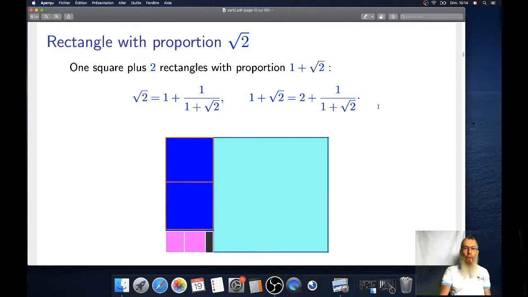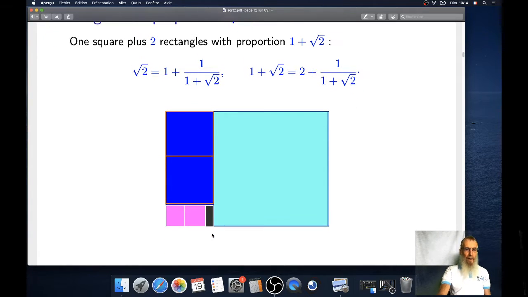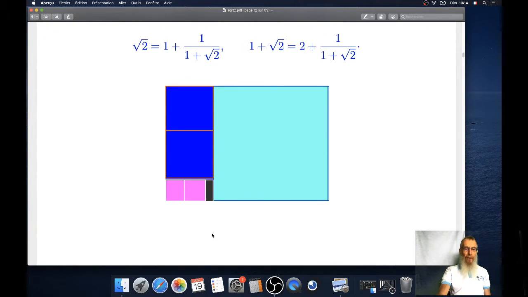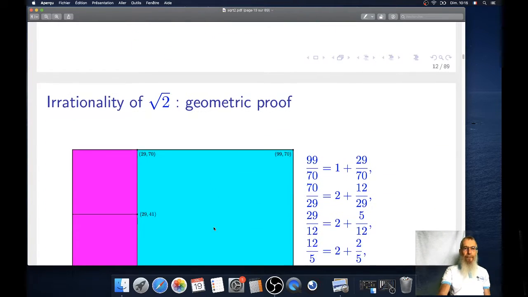And therefore, what you did by removing two squares, you can do it again by removing two squares here, and then again you have a rectangle with the same proportion. So you can remove two squares infinitely often, and you always get a smaller and smaller, a tiny small rectangle, which has the same proportion. So this process does not end.